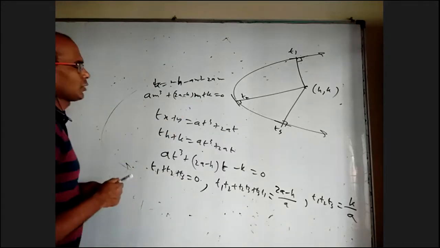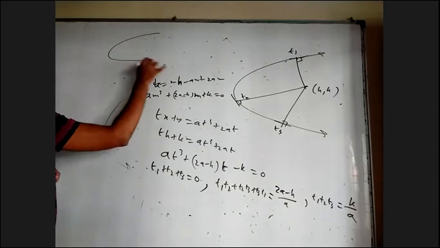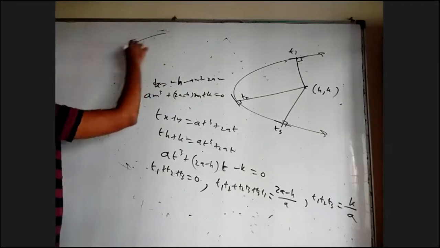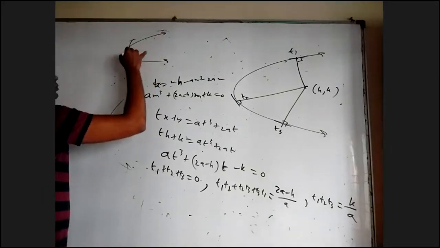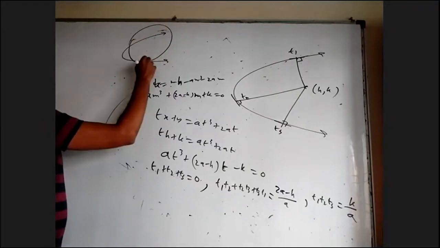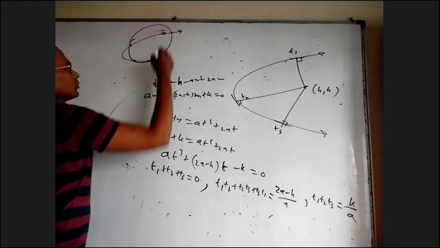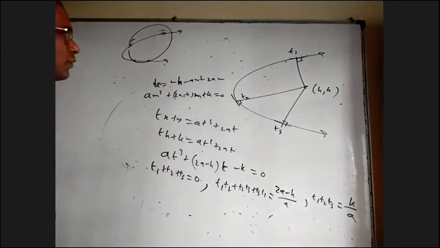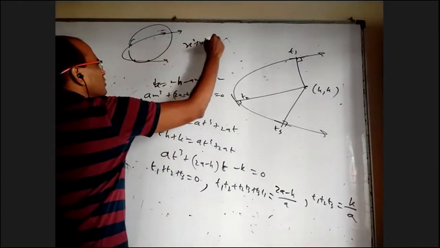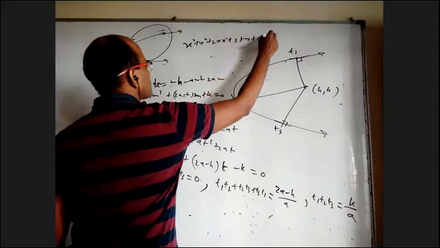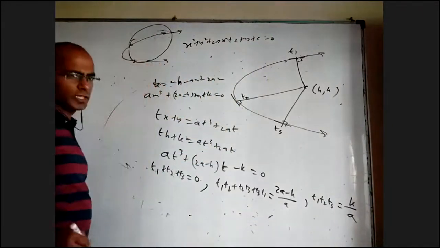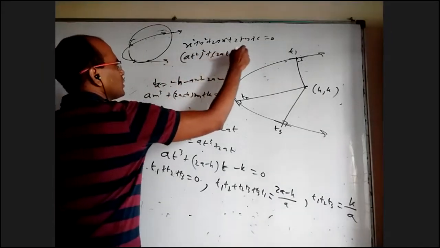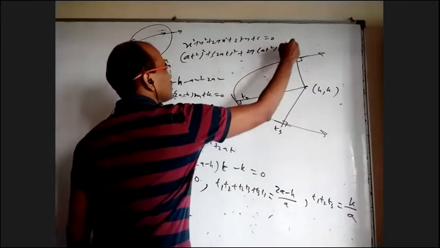One more thing, not related to this, and then we'll combine: you take a parabola and you take a circle. Let's say they intersect at 4 points. The sum of the t values for these 4 points will be 0. Why? We take the general circle, x^2 + y^2 + 2gx + 2fy + c = 0. All these points are of the form (at^2, 2at). So substitute it: here you can substitute at^2, here you can write 2at, here also at^2, here also 2at.